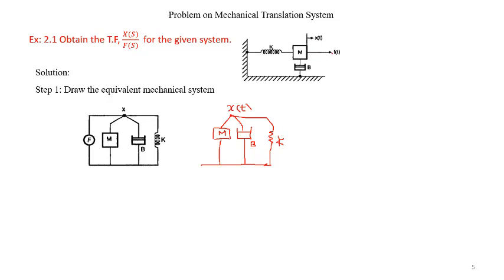The force F is applied to the mass. So hence the force is applied to the mass, and that is to the displacement. So we are going to represent here the source of input, that is F, from the reference to the node X. So this is how we draw the node. This is the input. And here we are having the output from the node.